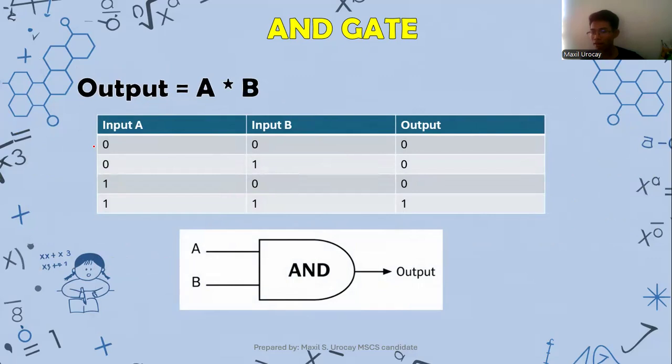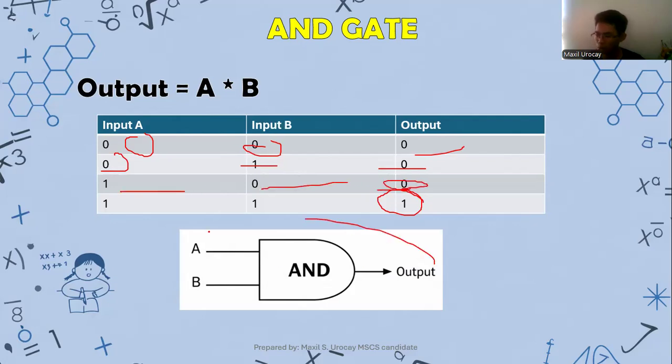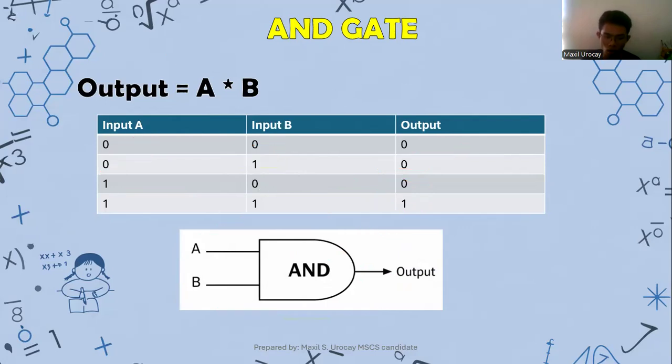As I have mentioned, if the first statement is true and the second statement is also true, it will become true. For example, here in our truth table, false and false will become false. False and true, it will become false, and true and false, it will become false. So that's how you will work on it. Always remember this in class, because this is important when you work with this particular gate.